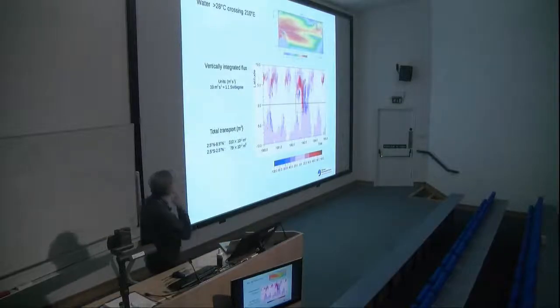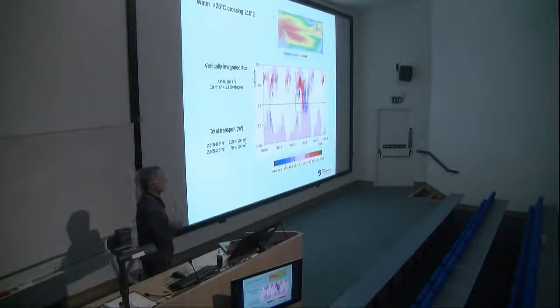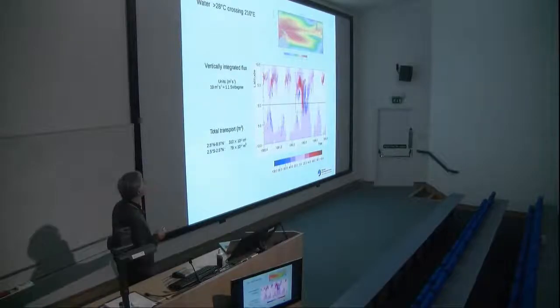Now, I made this point that the NECC has to transport heat that's warm enough. So what I've started looking at is the temperature, the volume of water carried with temperature greater than 28 degrees crossing various longitudes. If it's cooler than 28 degrees, it's a waste of time. So the idea is that larger volumes of warm water here will actually trigger deep convection further east. And what you find is that